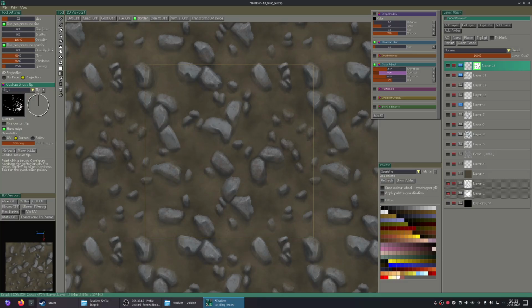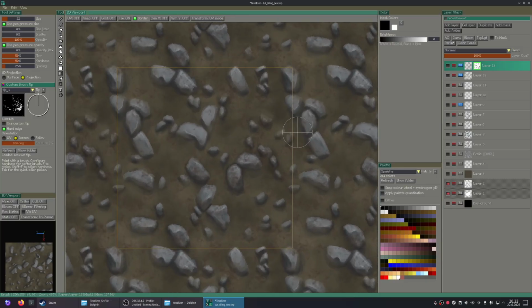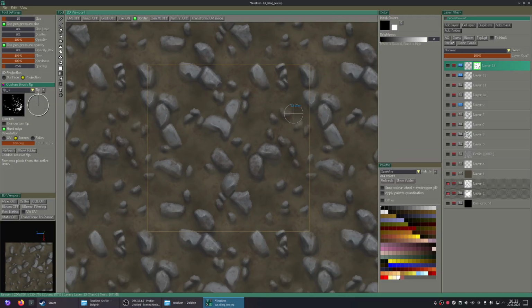How about contrast? Okay, maybe that is pretty good. Let's brush. Now that I tweaked it, I need to brush the mask away some more because it's more visible now.